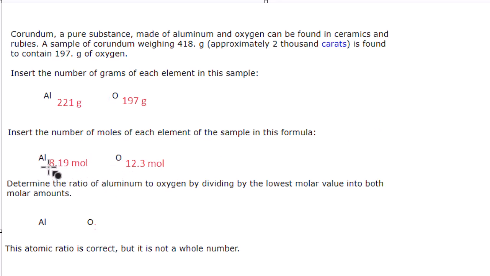Look, we've actually got less aluminum. Our formula is going to have less aluminum than oxygen because we're dealing with the numbers of atoms, and moles tell us about that. Well, this is going to be tough to figure out. Now, looking at this, I say it's got less aluminum. So really, what we should do is make this simpler by looking at the ratio. Divide the 8.19 by 8.19, the smaller value, that gives us 1. So we know we've got